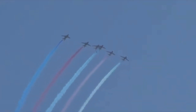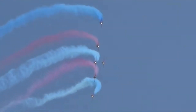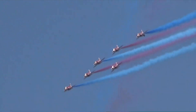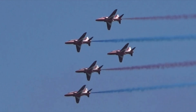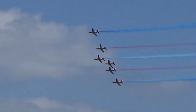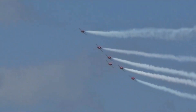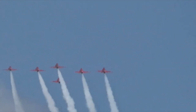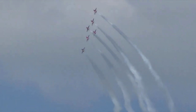Flight smoke trails through the sky in a manoeuvre we like to call the Typhoon. As they bank to the right, you can see the iconic shape of the Hawk aircraft. It has been in service with the Royal Air Force since 1976 and has been the aircraft of the Red Arrows since 1979. It can go over 48,000 feet high, it can travel faster than the speed of sound in a dive,